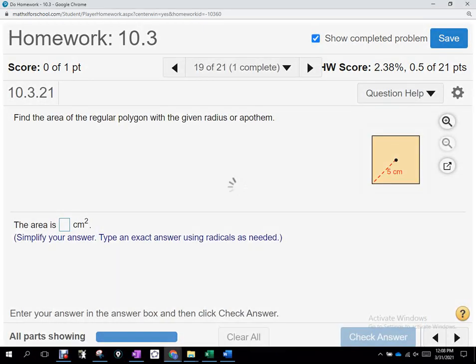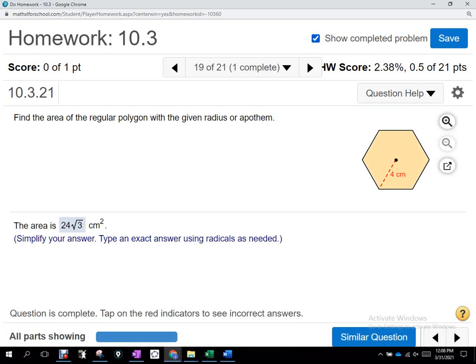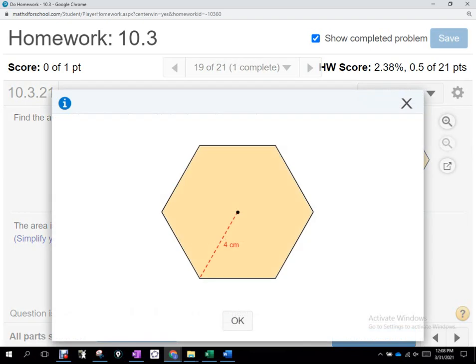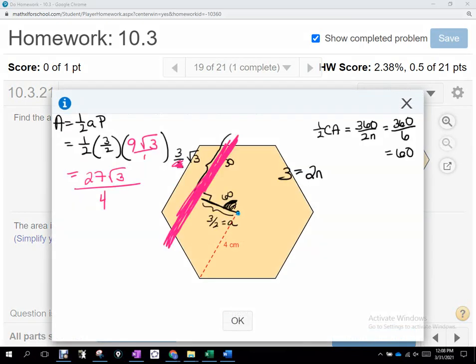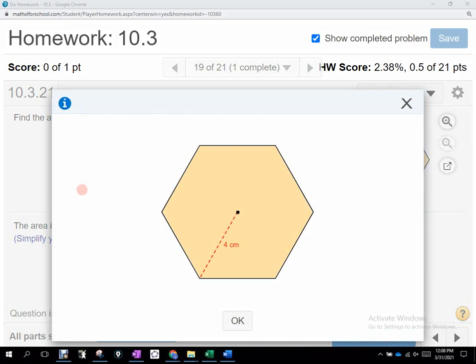If we get a hexagon, see if I can, there we go. So getting the hexagon image here, what segment do they give me in this one? It's the radius again. So in all of these, no matter what shape you got, they gave you a radius, okay? And the shape that you got was either a triangle, a square, or a hexagon. And the reason they did that